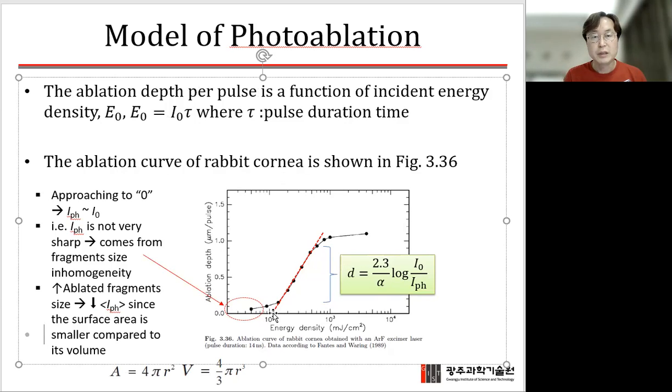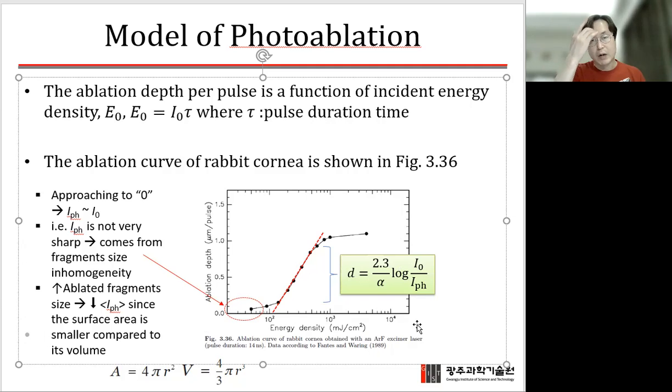Between those, the curve follows a sigmoidal shape, and we can find a kind of linear relationship in the middle of that. For that reason, the ablation depth D can be estimated very well with the following